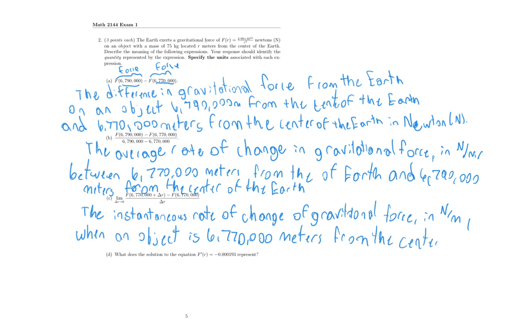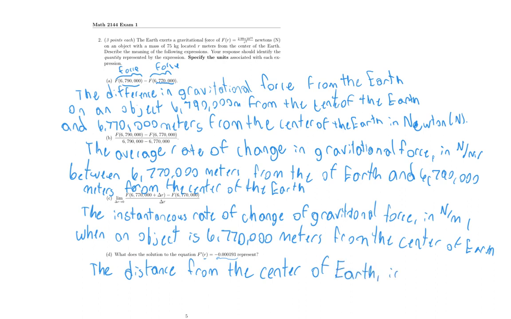Okay, now for the last part, what does the solution to f prime of r equals that represent? Well, the solution is going to be in r, so it's going to be a distance. And this is our derivative, so that's going to be the instantaneous rate of change. So it'll be the distance from the center of the Earth, and this time, because it's a distance, it's in meters,